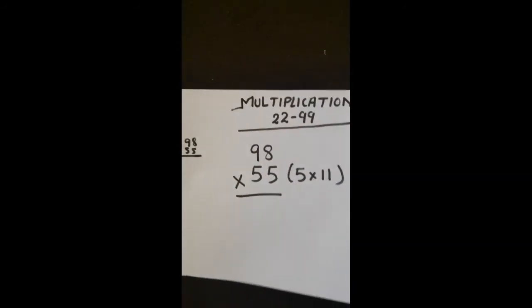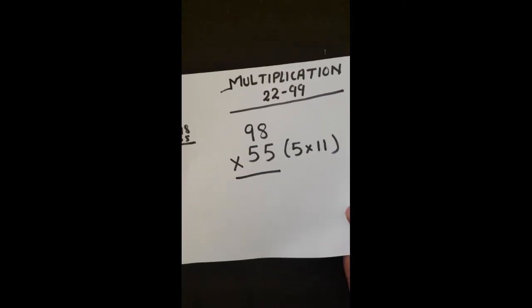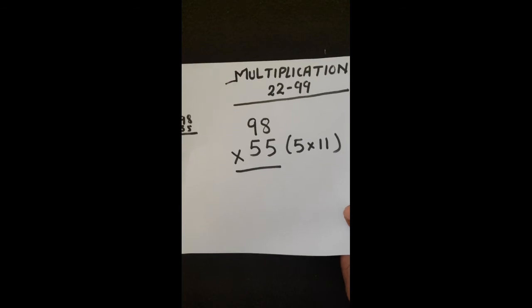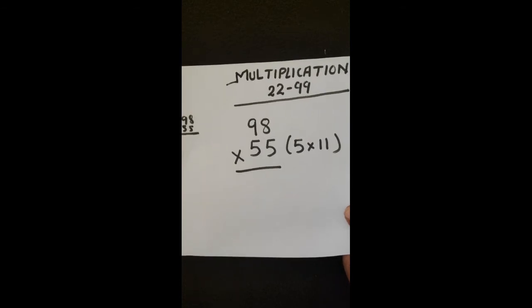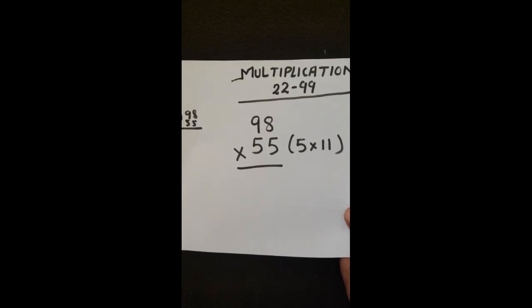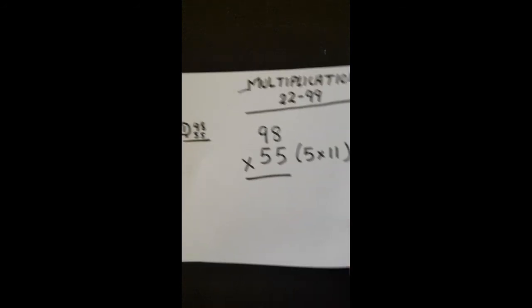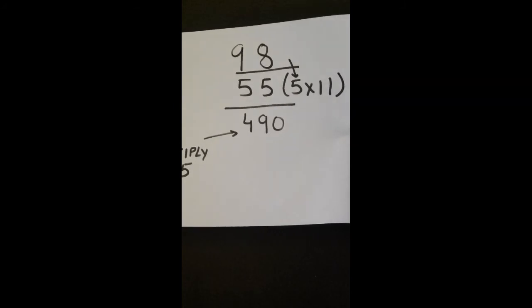Now, the second topic for multiplication is the multiplication table from 22 to 99. How will we do multiplication from 22 to 99? We are taking our first example as 98 into 55. How will we do that? 55 can be said as 5 into 11. Now, we are doing 98 into 5 first of all. 98 into 5 we are doing, and our number will be